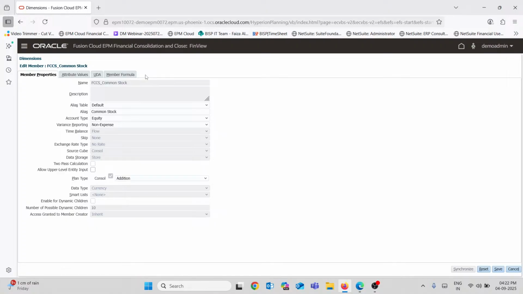Take the new member here, and here the GL code which we have chosen, that only I'm going to take, 10010000, search, select bracket over here and press OK. Now for common stock,